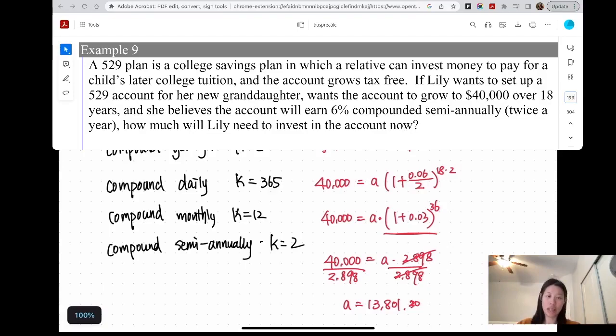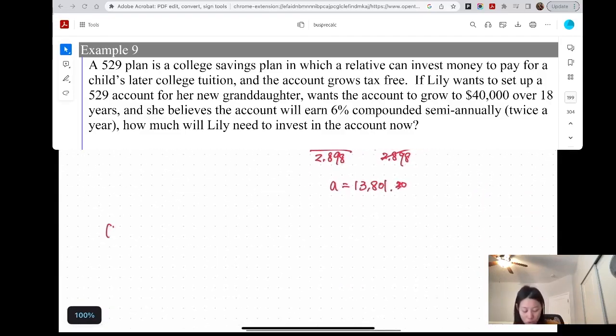Okay, so the next part I want to talk about is compound interest. We know that they compound frequently, right? Sometimes daily, sometimes monthly, sometimes semi-annually. What about something like a radioactive reaction? They don't have frequencies like daily, monthly, and semi-annually. They happen every single minute, every single second. So this kind of growth, we call it continuous growth. For continuous growth, we use